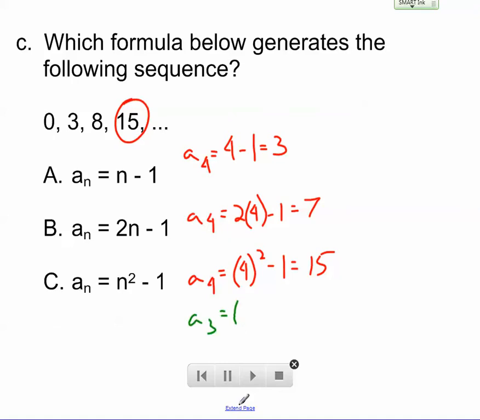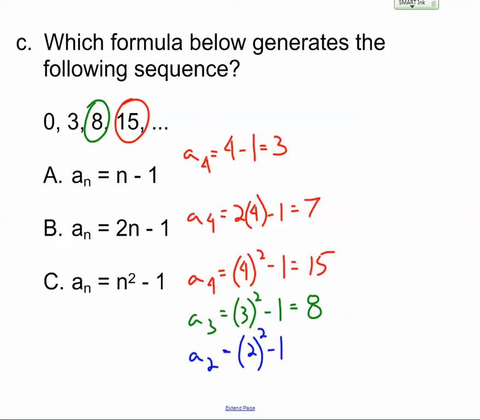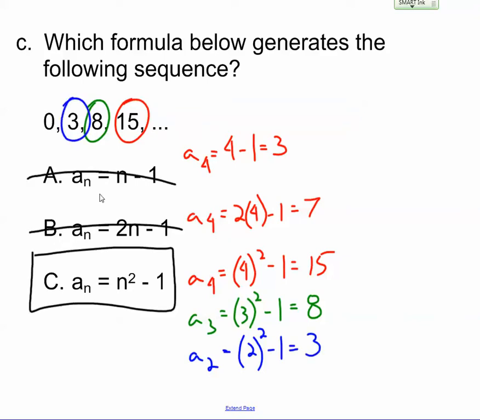Let's try a couple more just to make sure. The third term should be 3 squared minus 1. That's 9 minus 1, which is 8. Yep, that works. And the second term should be 2 squared minus 1. That's 4 minus 1, which is 3. And yep, that works. I think at this point we know that the answer is C and not A or